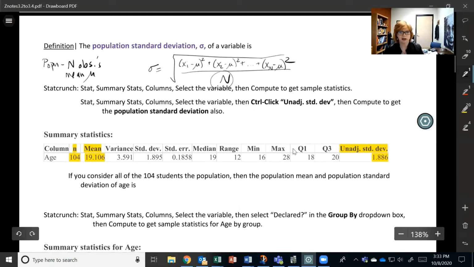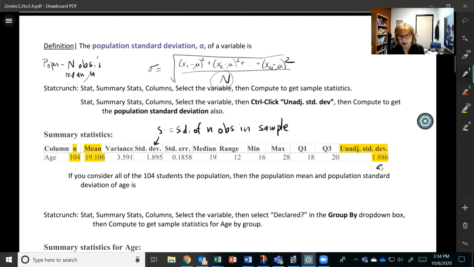And I had already pasted this on your page. So here is sigma. This standard deviation, this guy is S. So if we're thinking this is a sample of n little, if this is little n 104, this is the standard deviation of n observations in the sample. This guy that I added, sigma, this is the standard deviation of capital N observations